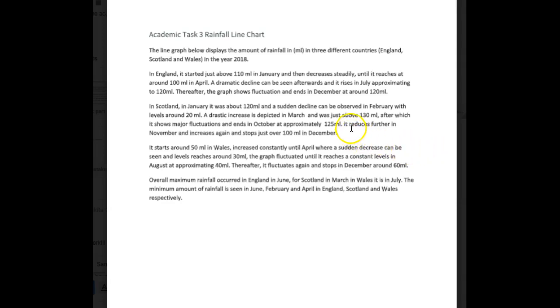Okay, so it reduces further. Again, this it is not clear. I don't think you've written the word rainfall anywhere, and so you really should, okay? The rainfall levels reduce even further in November and increase again, comma, stopping just above 100 ml in December. Why did I prefer stopping? Because you have and, so it's not fluid. If you use one of these participles, one of these INGs the way I just did, if you want to